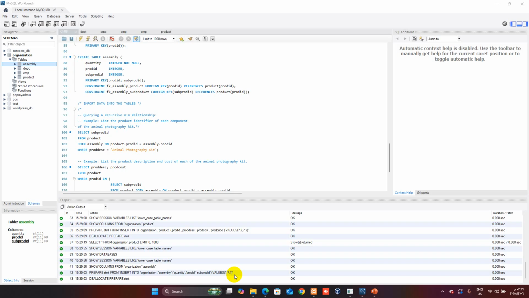The example here is talking about the list of product identifiers of each component of the animal photography kit. So we are going to deal with the 2 new tables and query them. We are trying to select the sub product ID from the product table, join the assembly on product.product ID to the assembly product ID. So we are going to use the traditional join between the 2 tables based on a condition,